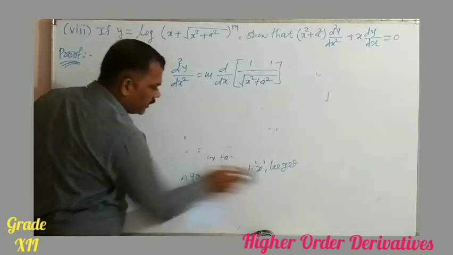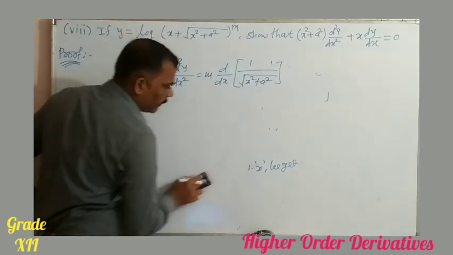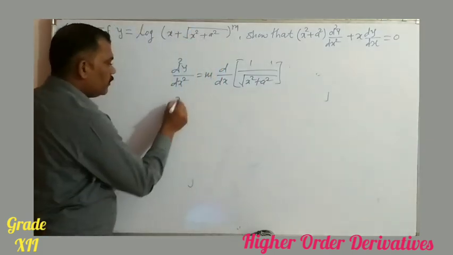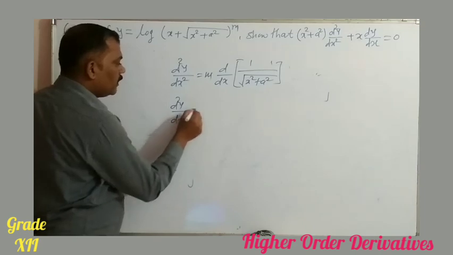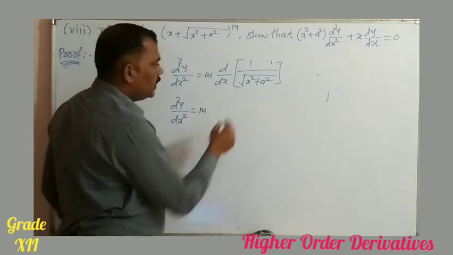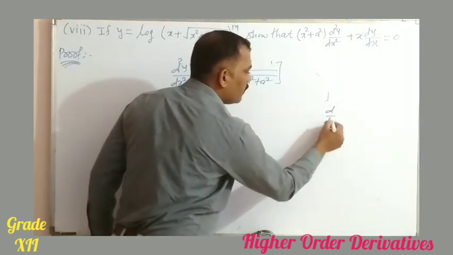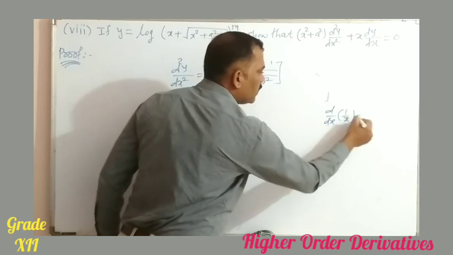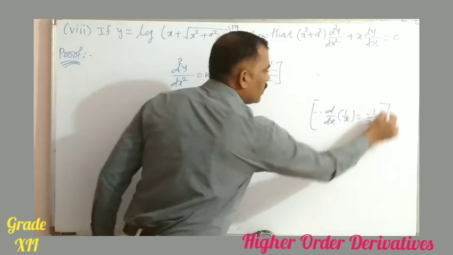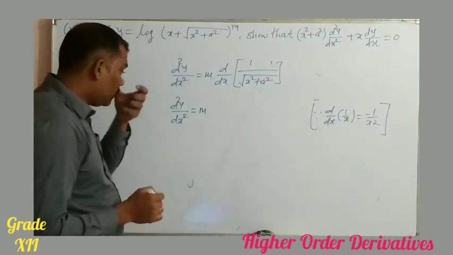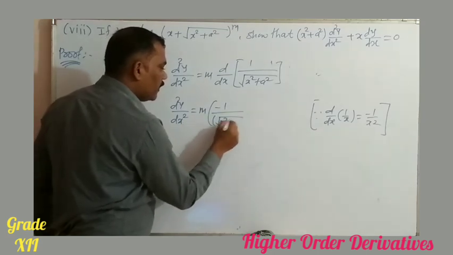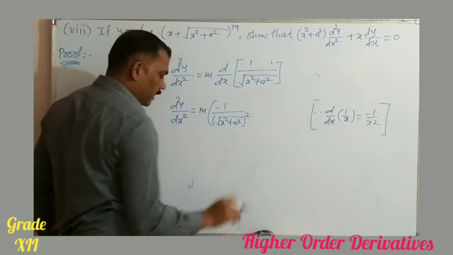So we get d2y by dx square is equal to m into, first we have to treat this like this, d dx of 1 upon x is nothing but minus 1 upon x square, since we have to use this formula, so what we have to get, minus 1 upon root of x square plus a square, bracket square,